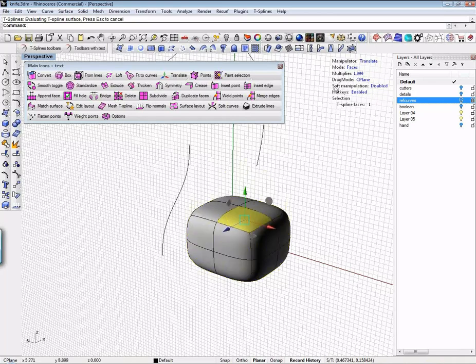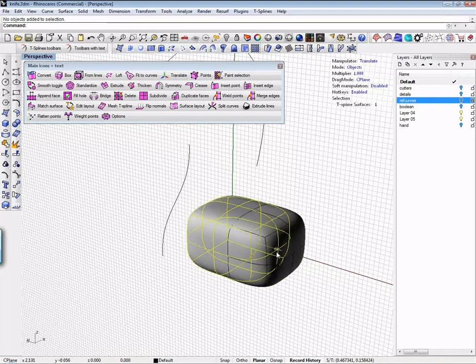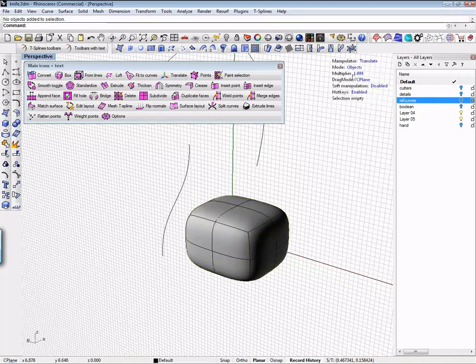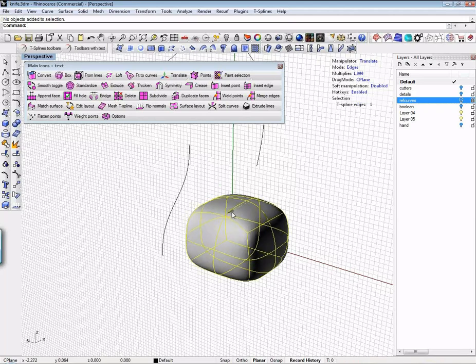And then the final mode, of course, would be the object in which I can grab the entire piece. So kind of your first line of making an adjustment would be to pick a face and move it. And then if I want to make a little finer adjustment, I can go to an edge. And then if I want to make a little finer adjustment, then I can affect it on actually the vert